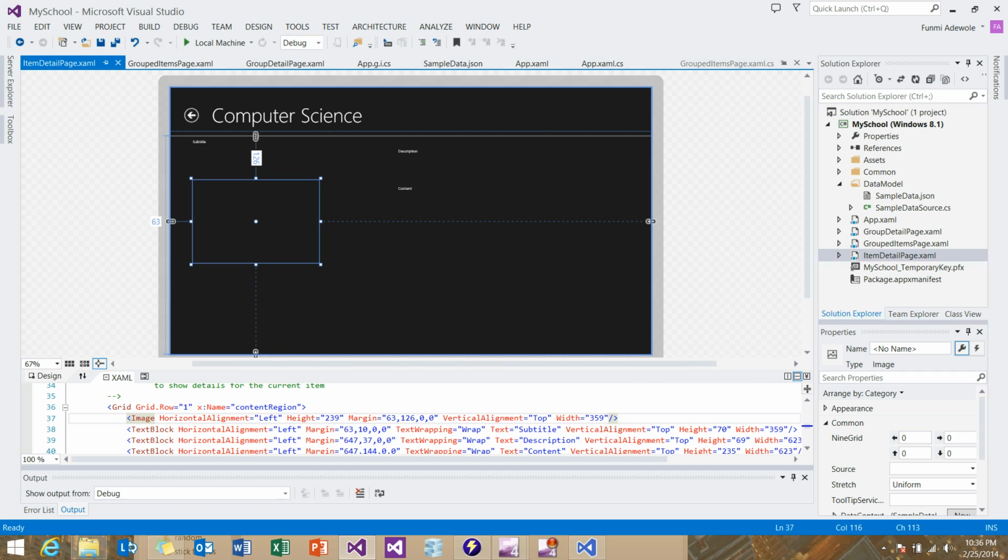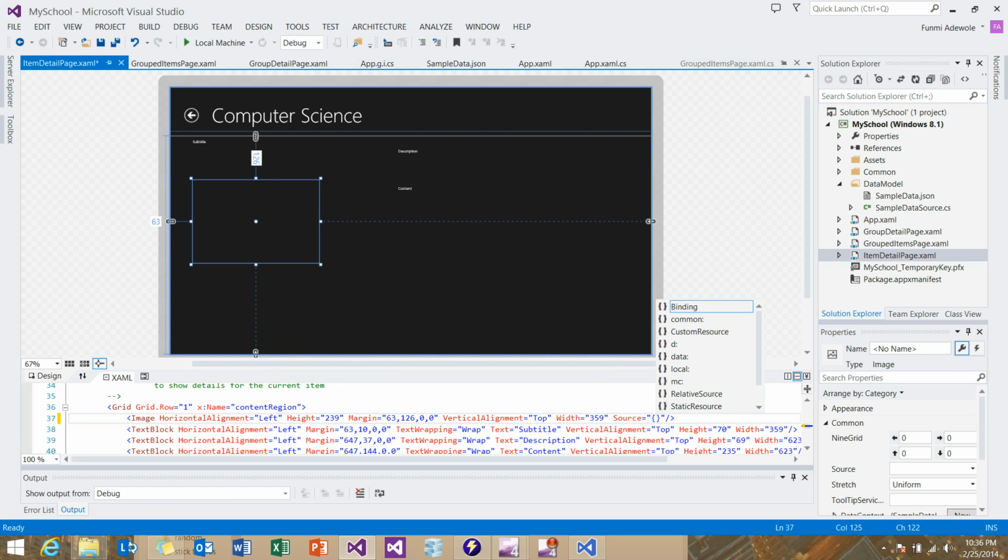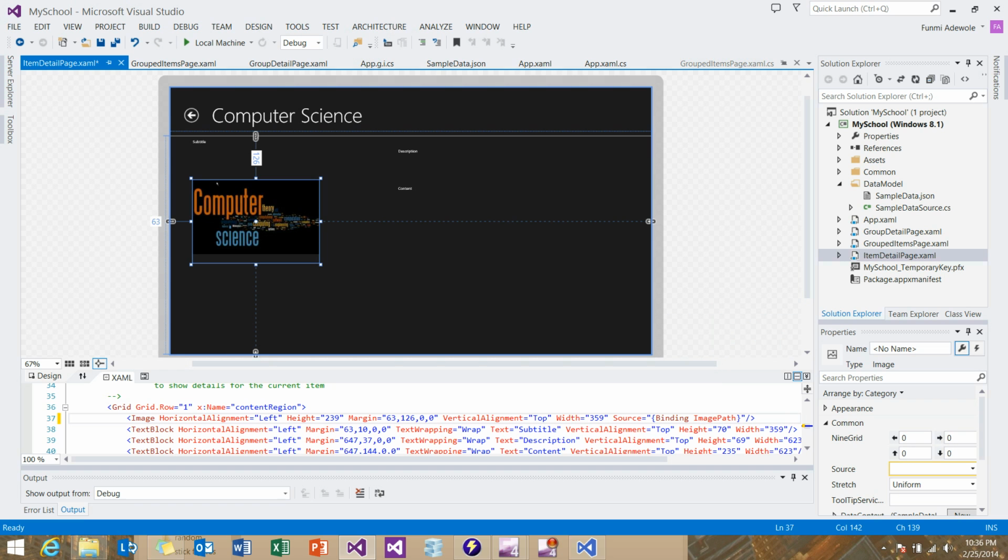I'm just going to casually put in source, and I want it to bind this data, so binding, and I want it to bind to the image part. It's already helping me out with that. So image part, and it's already put the picture for computer science because it's put the default one first. Next, in this subtitle,